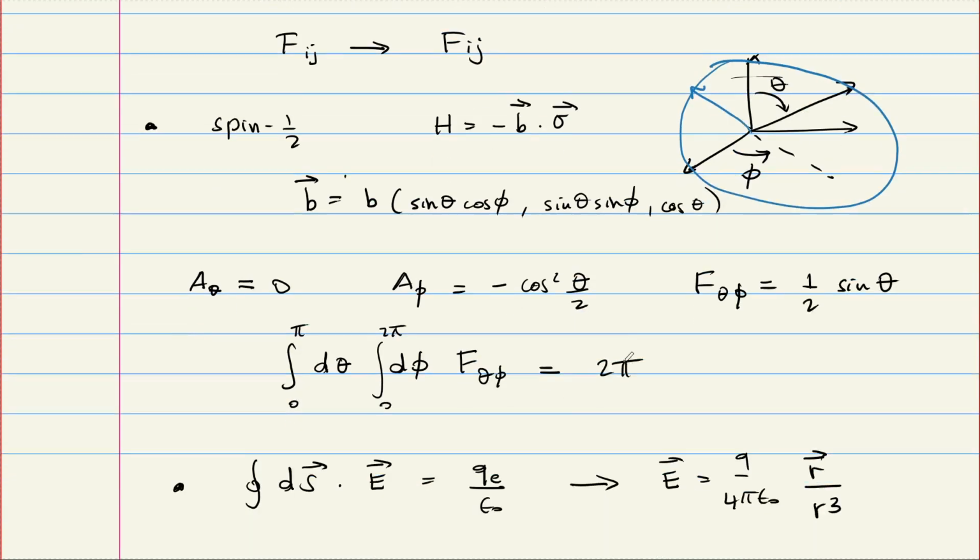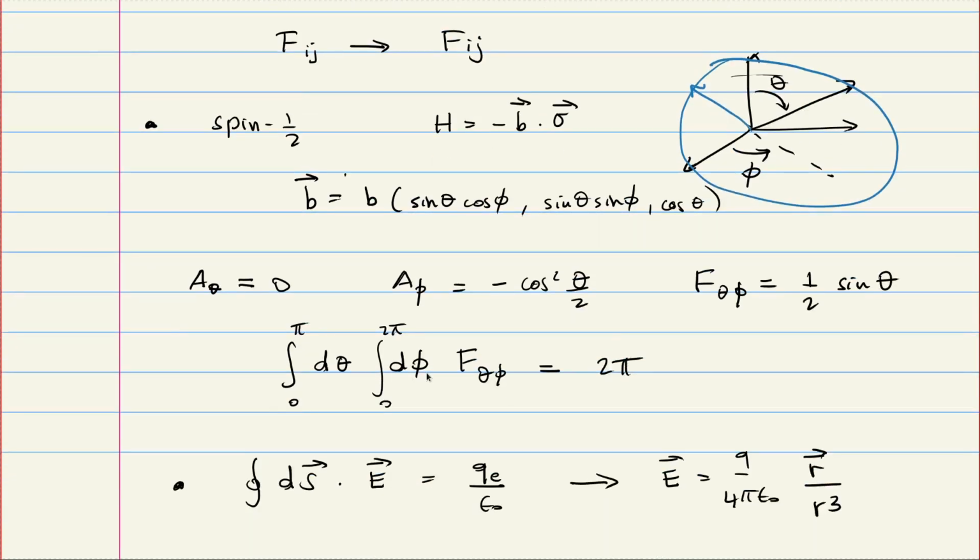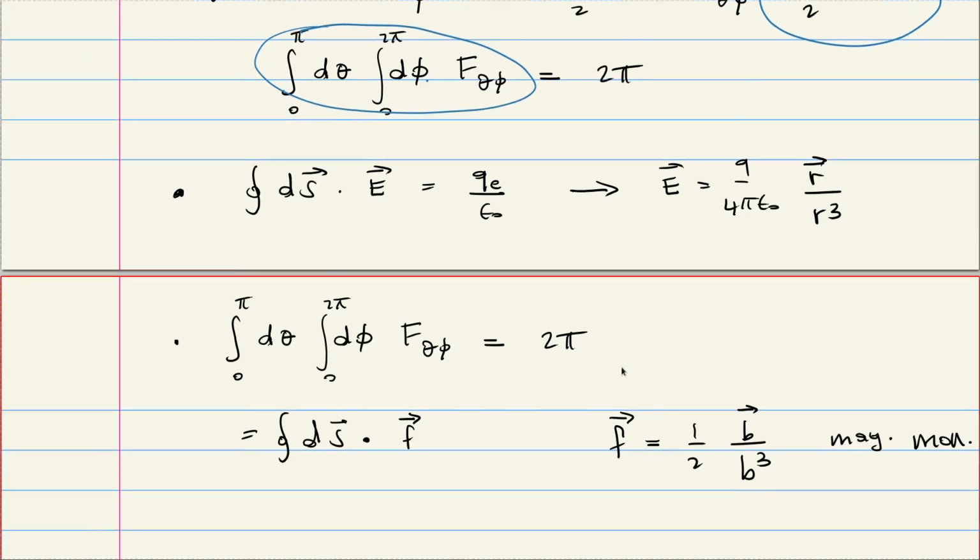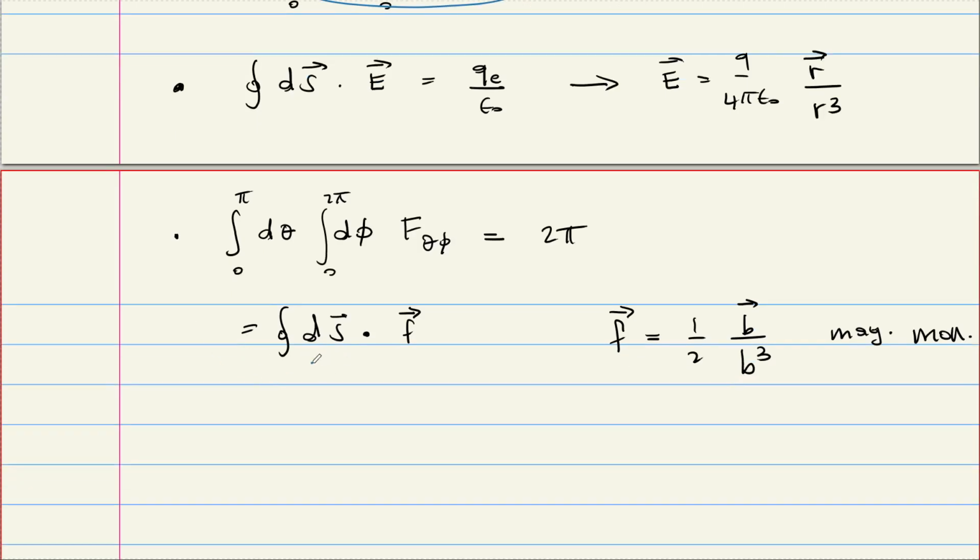And first, this is d theta and d phi. There is no r, there is no b here. Because we found this result, and we plugged it in here, and that's the result 2 pi. Now what you are saying is, what about r squared? Right here, there is r squared. So this one, for example, r squared d cosine theta d phi, and for this to be equal to 2 pi,